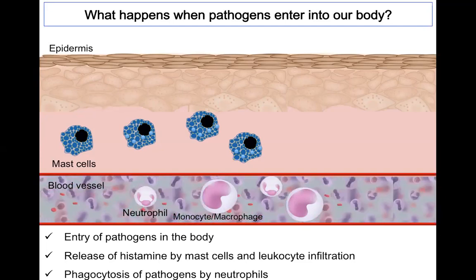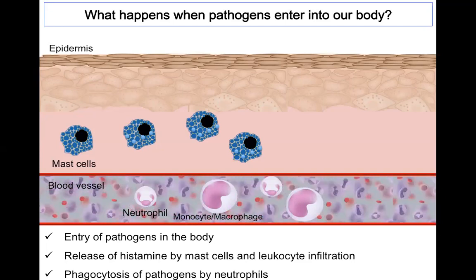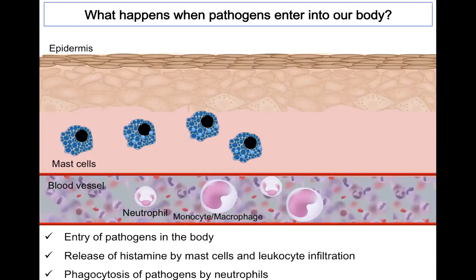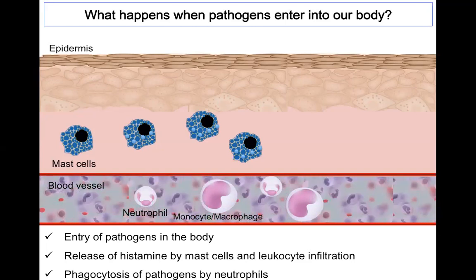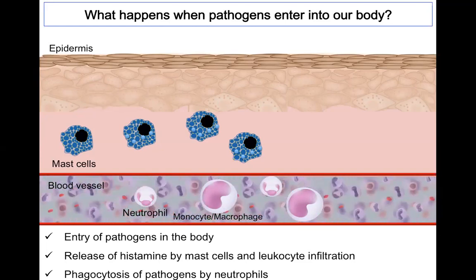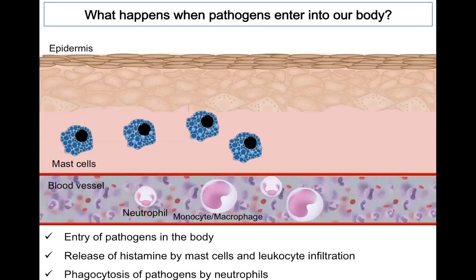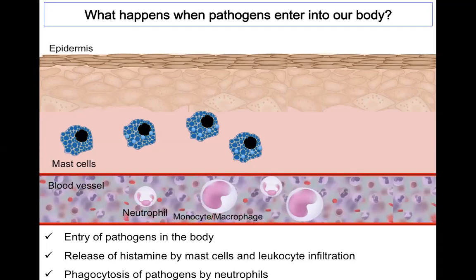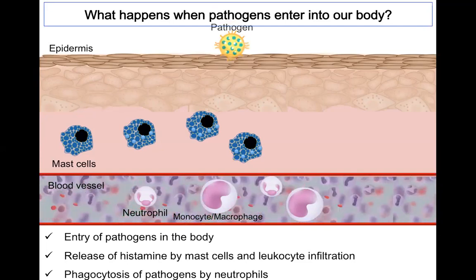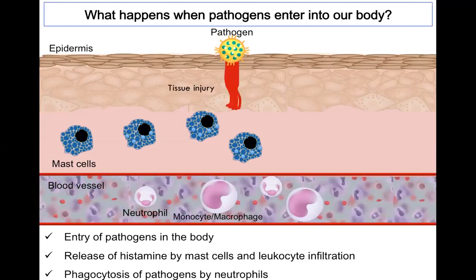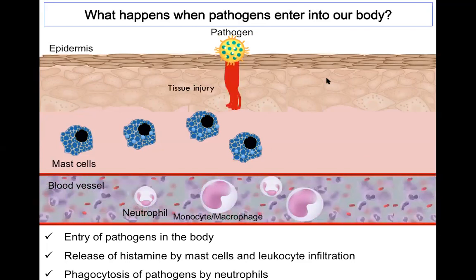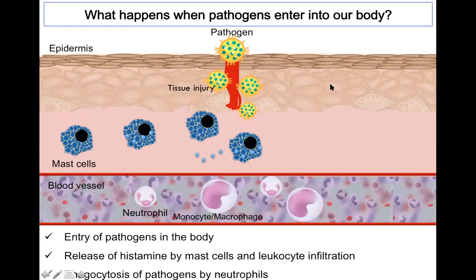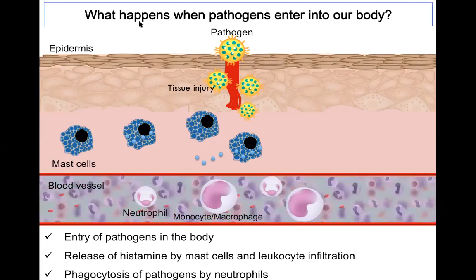The MHC class 2 molecule presents exogenous antigens to T cells, and the pathway starts when the APC internalizes the pathogens. So let's have a quick look at the entry of pathogens into our body and their internalization by the APCs. Suppose these are the pathogens, and when they enter, of course the tissues get injured. And from that injured area, other pathogens enter into the body. So what are the next steps going to be here? If you look here, these are the